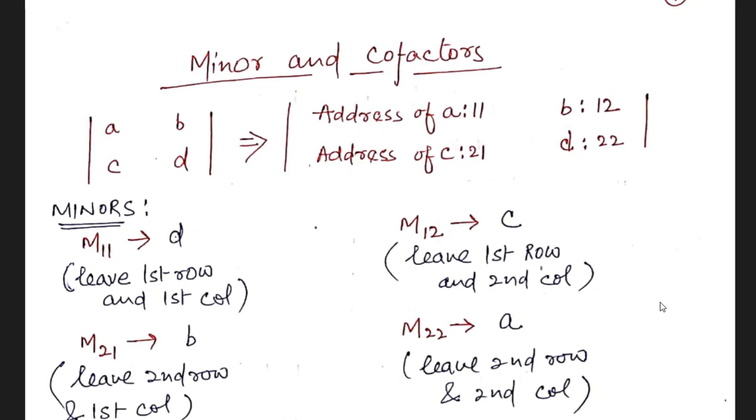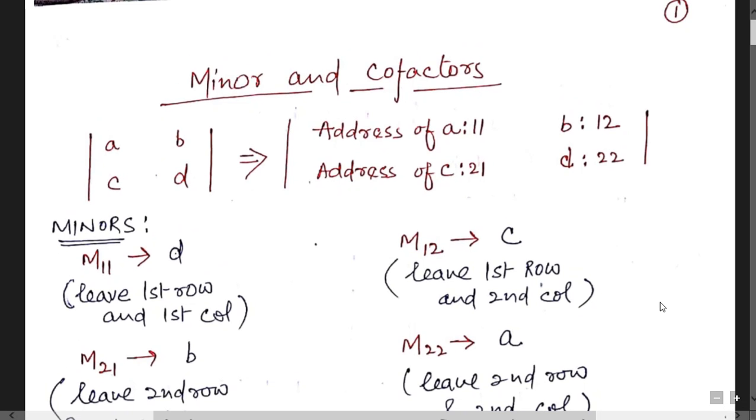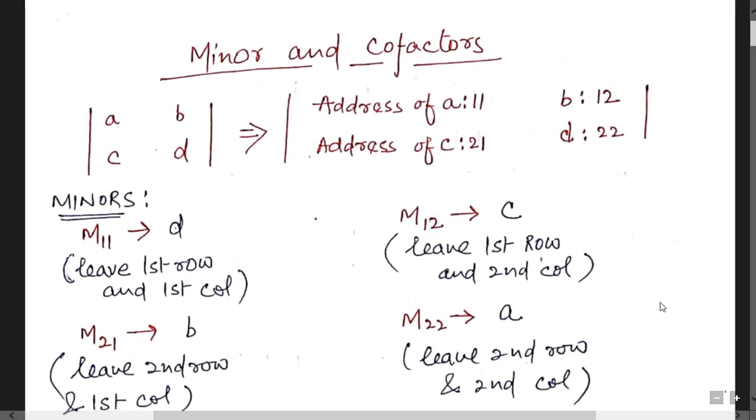Hello students, let us start with the next topic of a determinant, that is minor and cofactor, before we start doing adjoint and inverse of the matrix. That's very important for examination. Let us start with the minor and cofactor. These are the basic quantities, the basic things for the calculation of inverse and adjoint of the matrix.